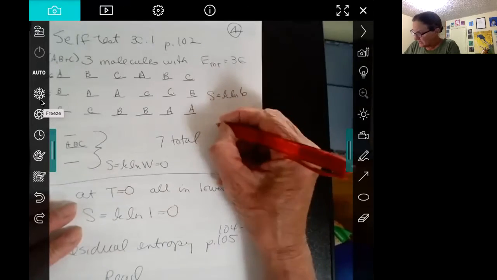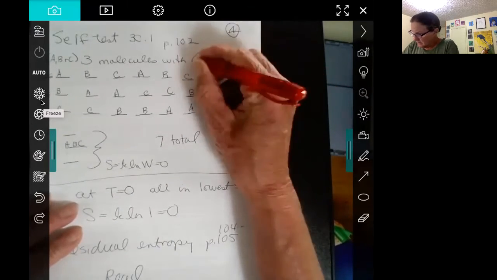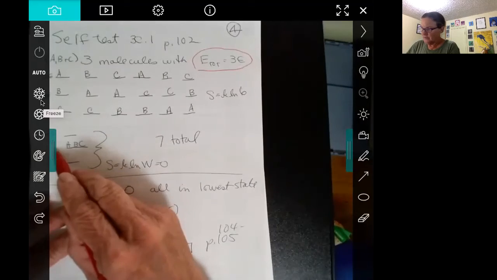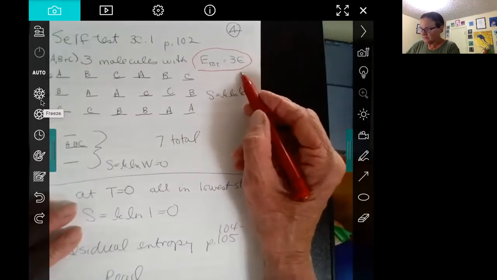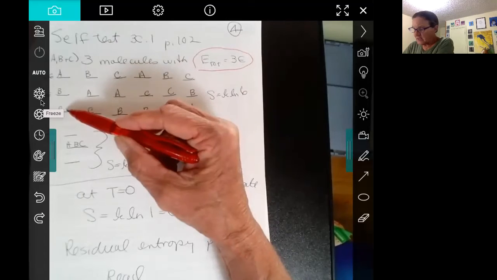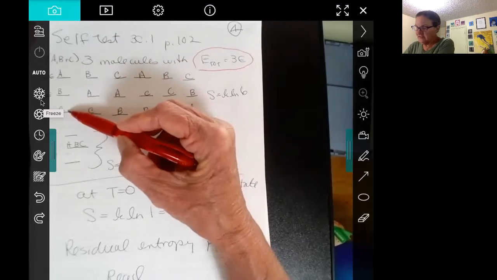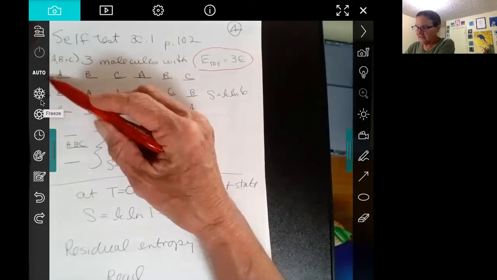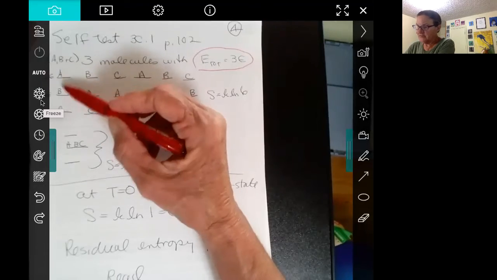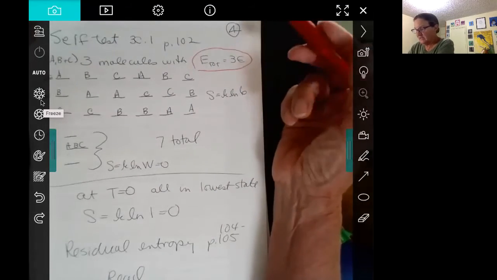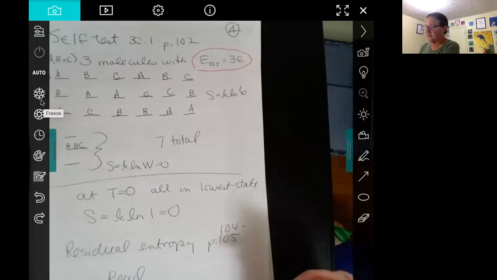So you have 3 epsilon total. So you could have all molecules A, B, and C, each with 1 epsilon, because that adds up to 3 epsilon. Or you could have our molecule C with 0 energy, B with 1 epsilon, and A with 2 epsilon, because 2 epsilon plus 1 adds up to 3. So I just did this by hand and figured out that there are 7 different ways